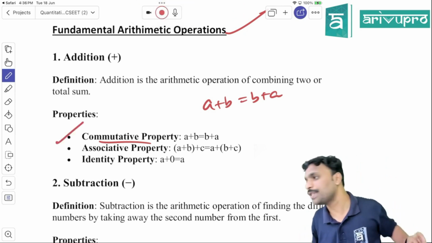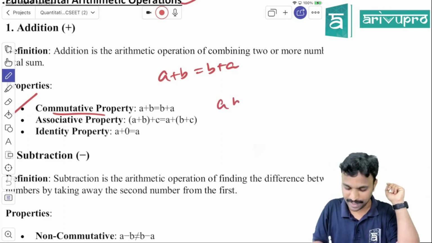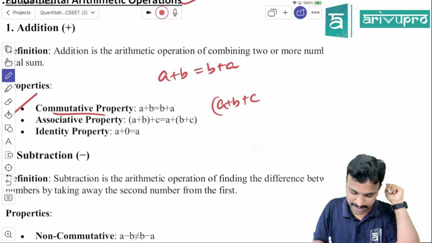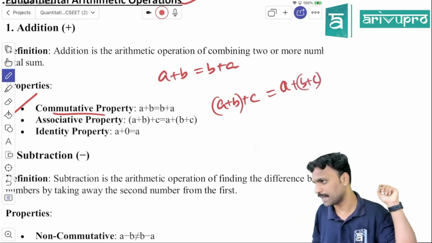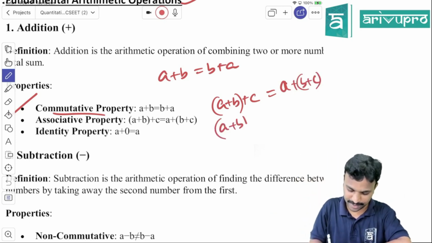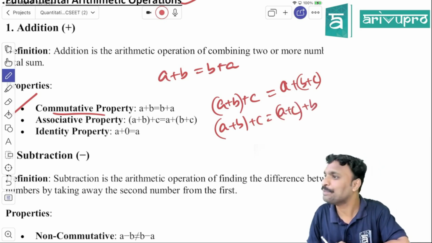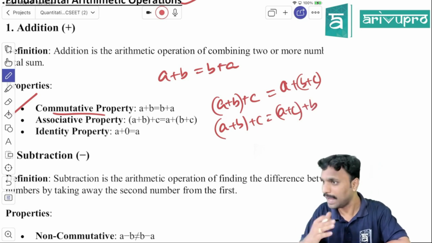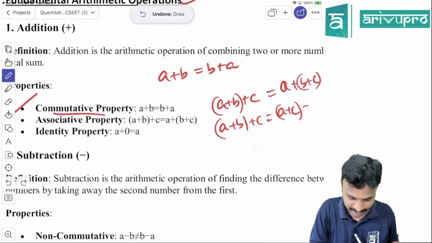Purida. Next, associative property. What is the associative property? Let's take three numbers A, B and C. Addition between them: A plus B plus C is equal to A plus B plus C. You can put the brackets around any two numbers. Still, the answer will be the same. Not just this, A plus B plus C is equal to A plus C plus B also. Correct, na? Ultimately, it's the sum of all three numbers. They will be equal. So, the associative property holds